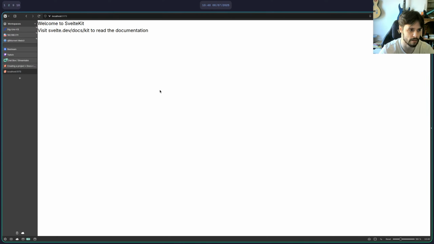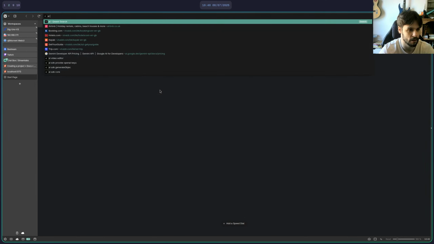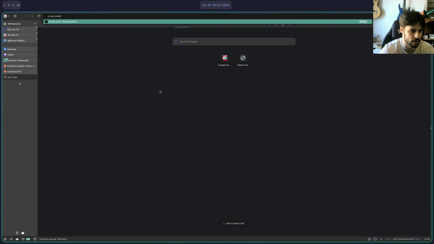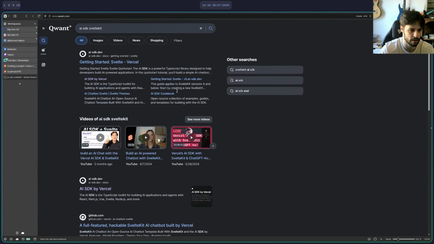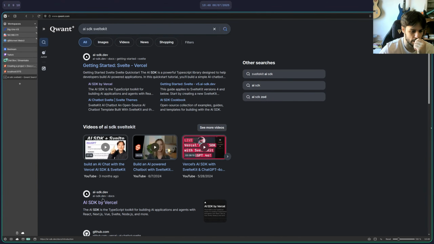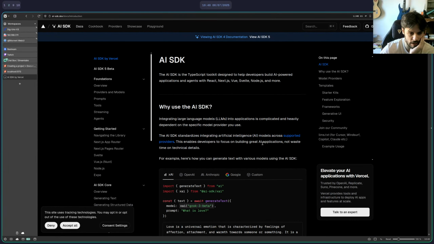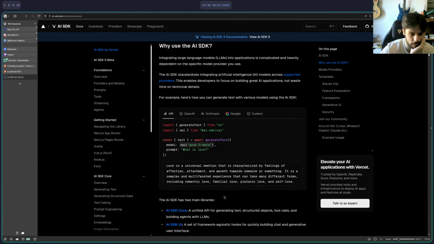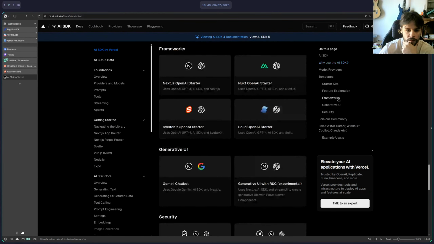Great. So now I need to figure out how to use the AI SDK in SvelteKit. So how do you even integrate this? Okay. AI SDK. Frameworks. SvelteKit OpenAI starter.